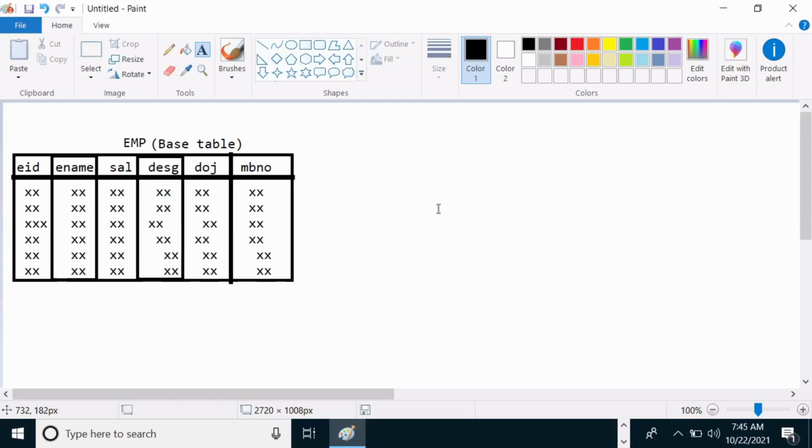For their work, they are going to do some operations. Definitely every employee is going to do some kind of activities.